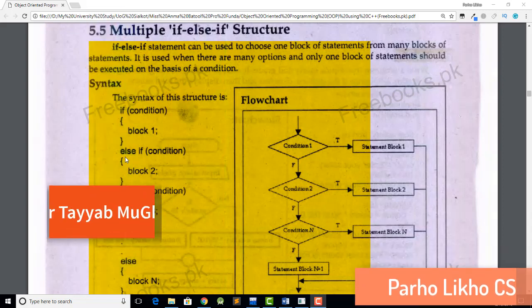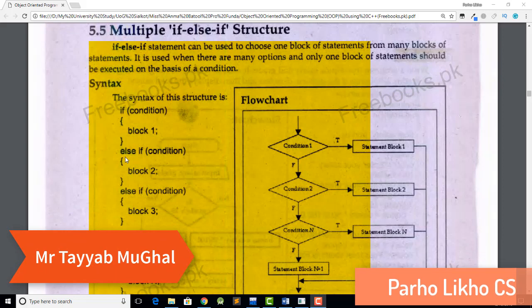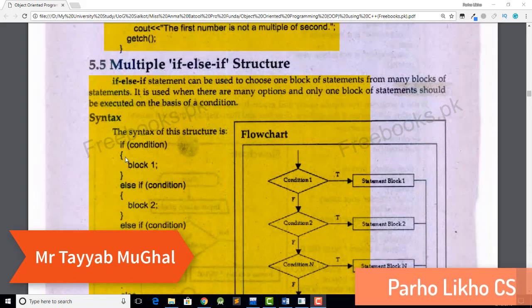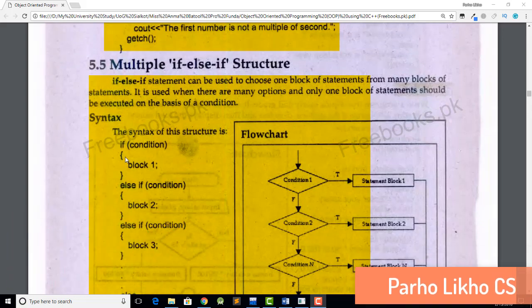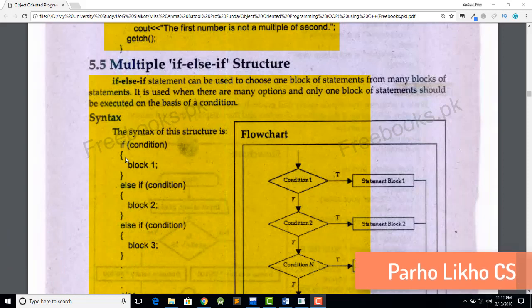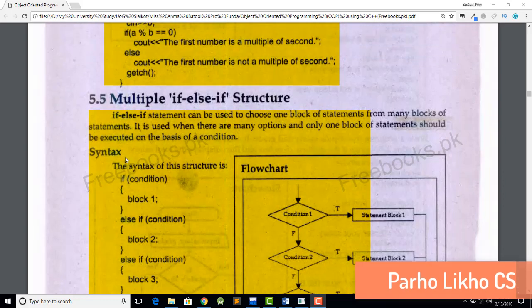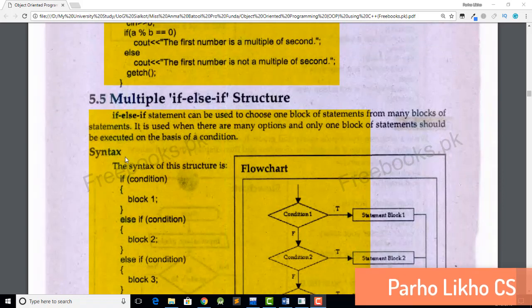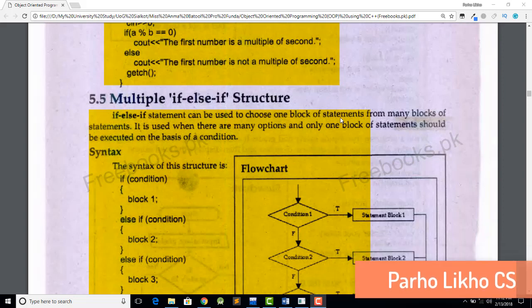Our third video is about if else statements. After the second video, where we learned if and else statements, here you can see the else if statement. It is very simple, similar to our if else statements. The else if statement can be used to choose any block of statements. It means that if you have multiple options,